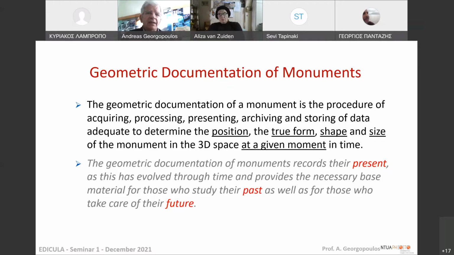What does that mean? It means that monuments, like all constructions, are changing over time. So when we decide to do a geometric documentation, it's valid for that moment in time. That moment could be a month, or could be, let's say, 3 months, or could be a day. But it is a moment in the lifespan of a monument. If that monument changes, we have to redo the documentation, or we have to monitor these changes, so that we can document the deformations and how the monument is changing.